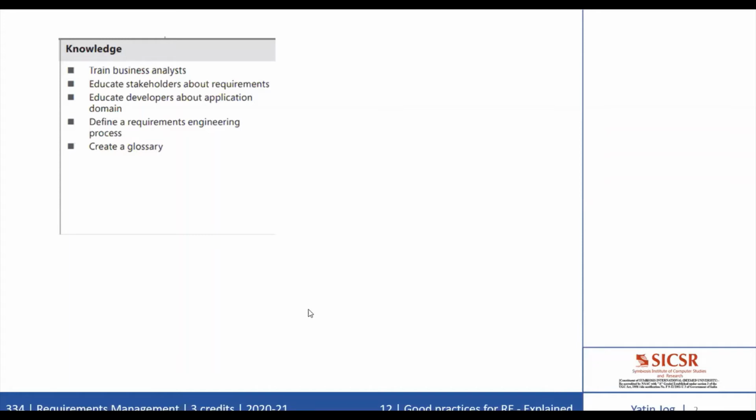The second good practice is to educate stakeholders about the requirements. The most effective requirements training classes have an audience that spans multiple project functional areas, and it is not limited just to business analysts. Users who will participate in software development should receive one or two days of education about requirements so that they understand the different terminologies, key concepts, and practices, and why this is such an important contributor to project success. This should be told to them.